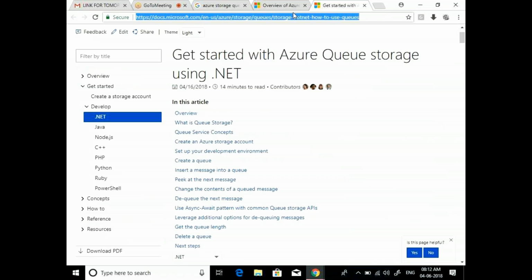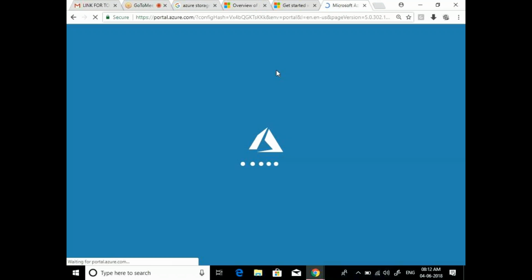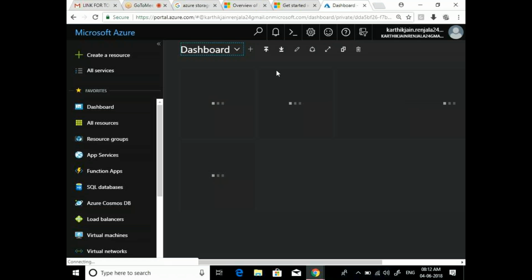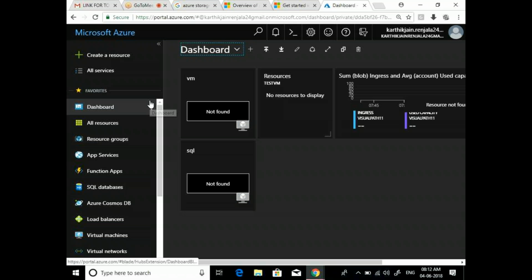Let me open the portal. These two, tables and queues, are purely developer-oriented resources. So in the administration part, we are not going to touch them, because you need to write some queries in order to use these tables or these messages. If you are a pure developer, then you are actually using them. The 7532 certification will cover these topics in detail, but as per our 7533 certification, we should be aware of what these tables and queues are and where we are using them.